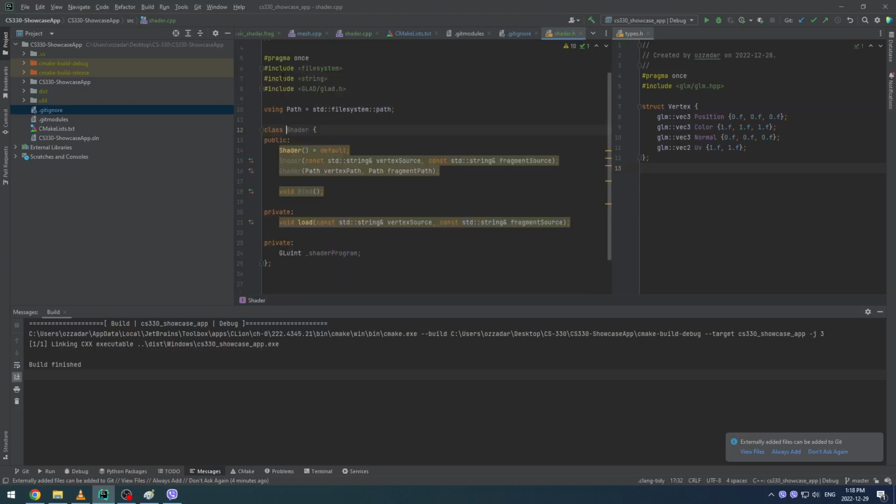All right, I like cleaning stuff up as things are pointed out to me by either the editor or if I notice them. So what the hell is going on with my